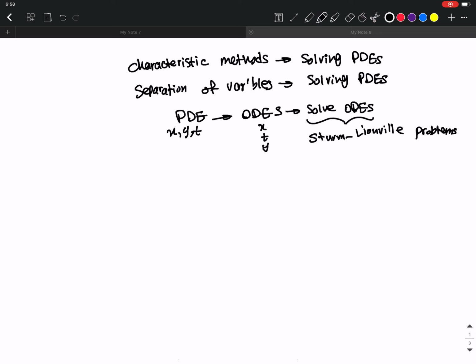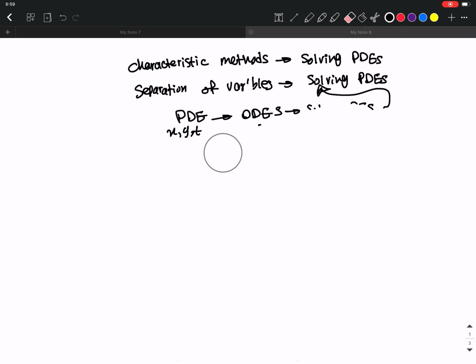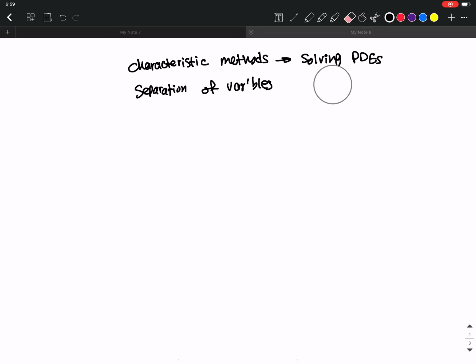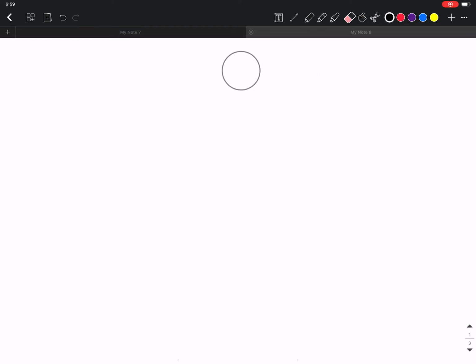So this Sturm-Liouville problem is going to be used in solving ODEs, ordinary differential equations, which are going to help us in solving PDEs in separation of variables, the second technique that we are going to talk about. Okay, so with this brief introduction of Sturm-Liouville problems, let's get started